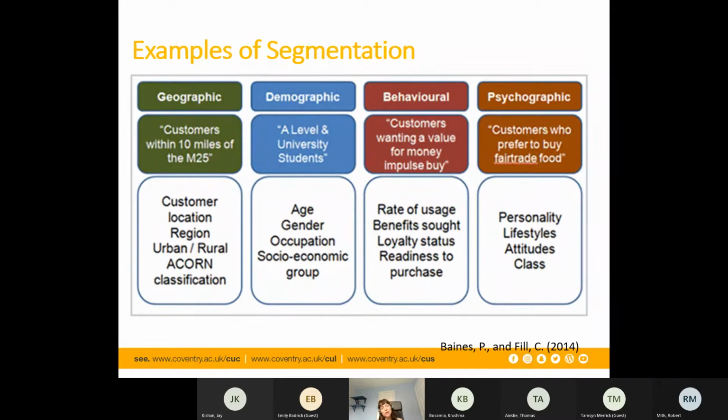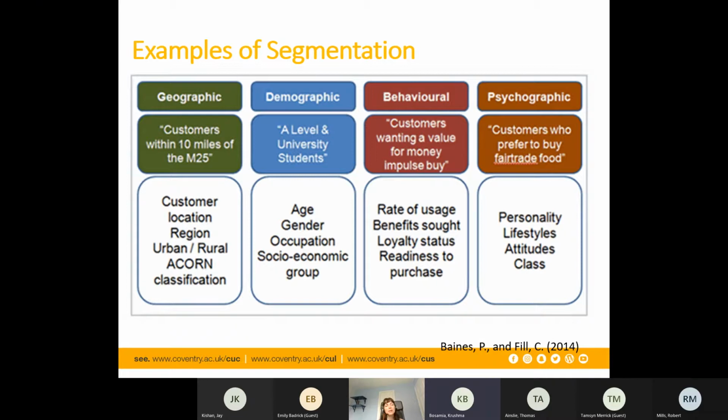Things we've also got is ACORN classification, and that's about profiles of people who live in certain areas. So you might have certain areas where they're not necessarily the highest income areas, but people are more prepared to eat out, because you might find in the richer areas that people actually prefer to dine at home, but actually there might be a mid-band where people have got a bit of disposable income and part of their social life involves eating out.